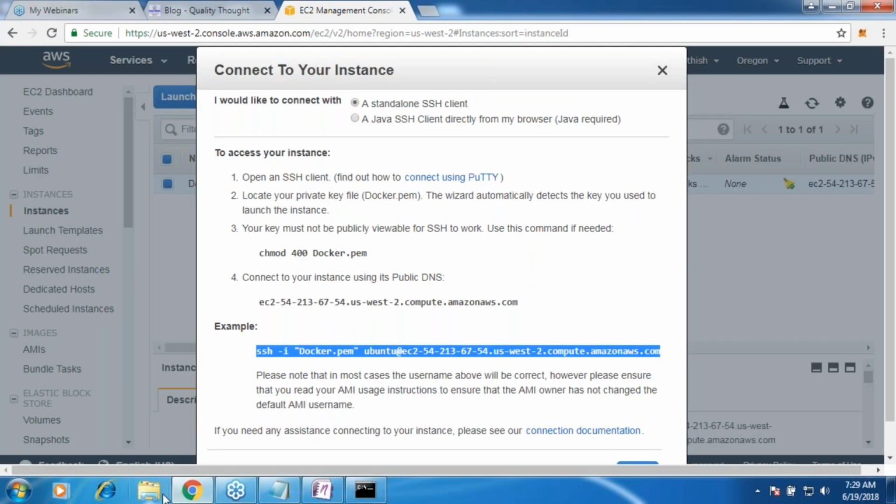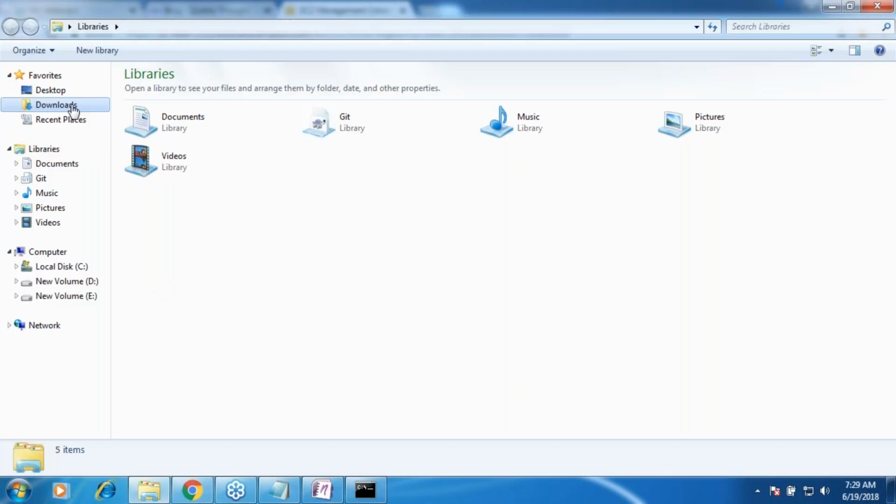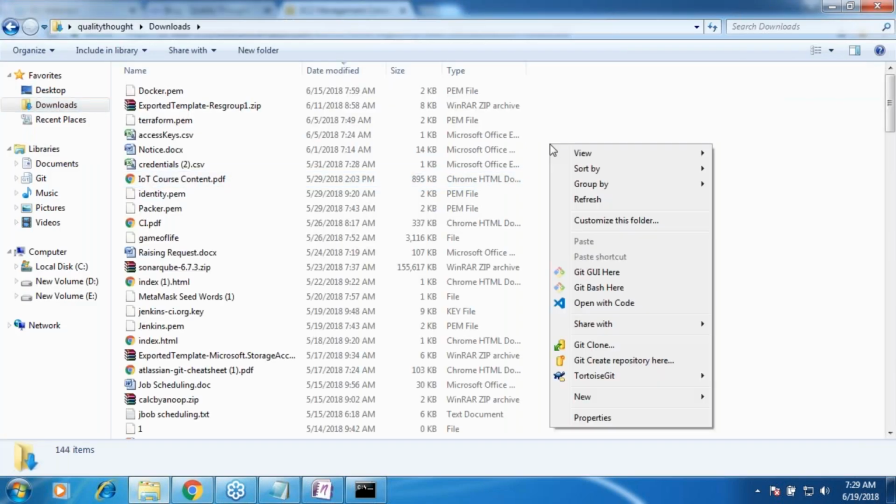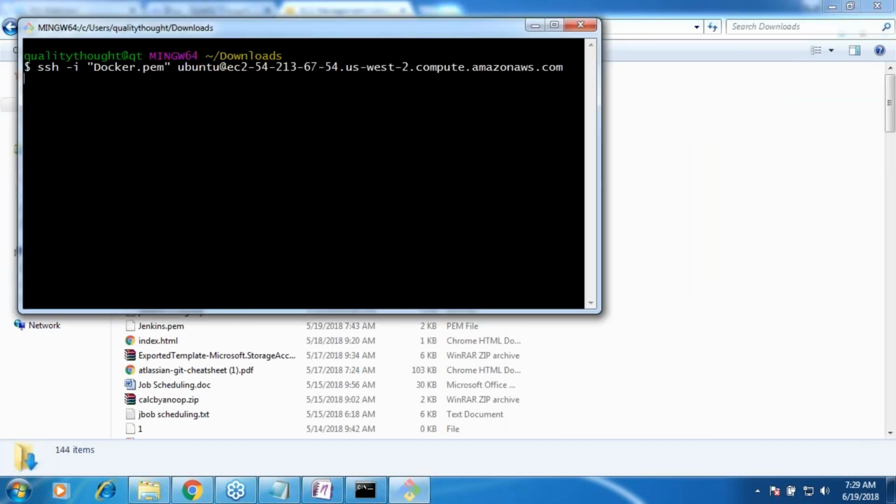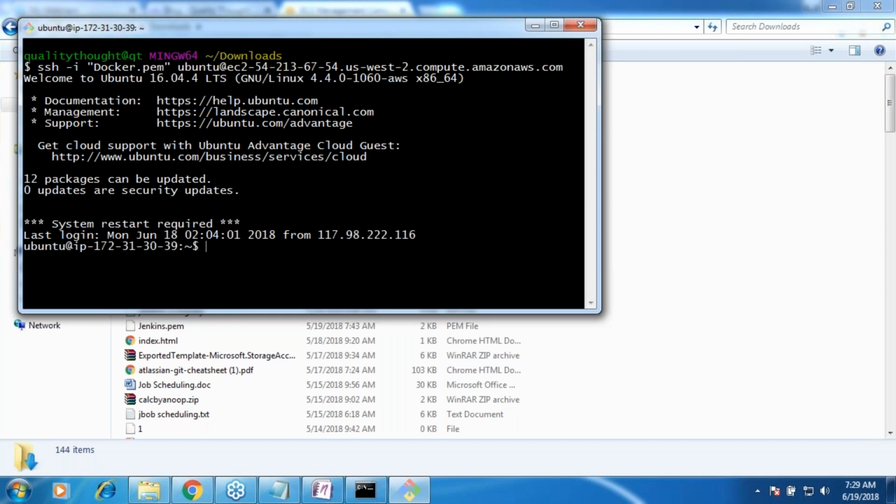Copy this, go to the folder wherever you have the PEM file, open Git Bash here, and blindly paste your command.